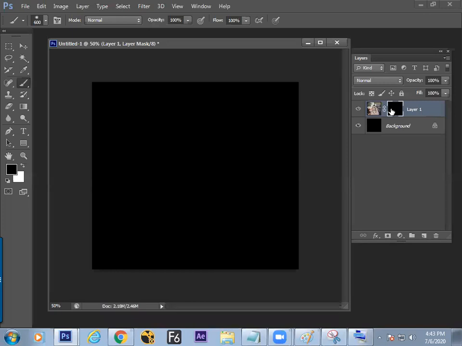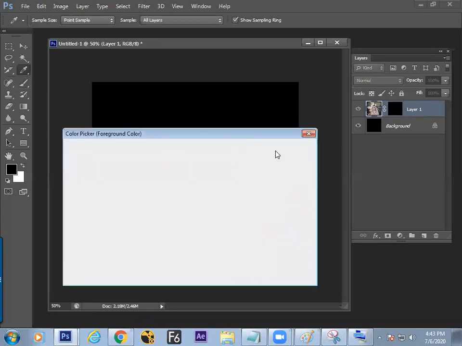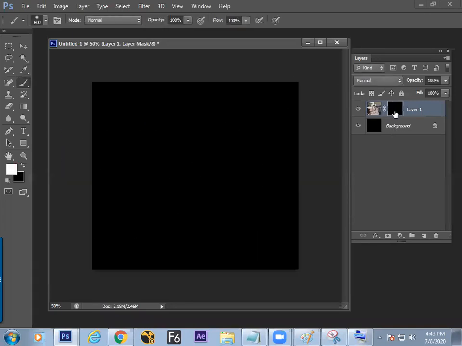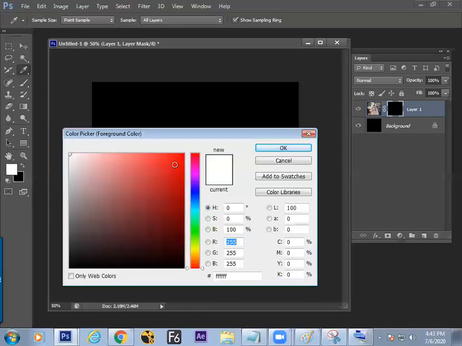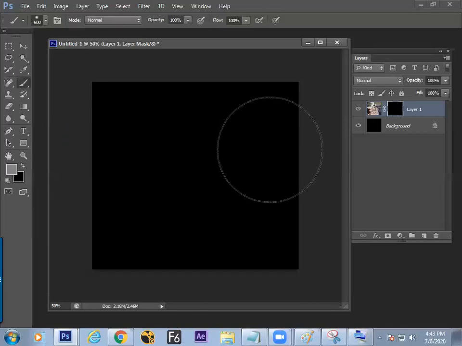Is it okay now? The time you click on the mask thumbnail, your FG and BG will convert into black and white only. Sometimes, if you are on the image and you want to take a color, you can take it. But if you are in the mask, you can never take a color. This is how we can check where we are. And the second thing: how to know whether we are in the image or the mask, because this is the first problem that happens to an artist.